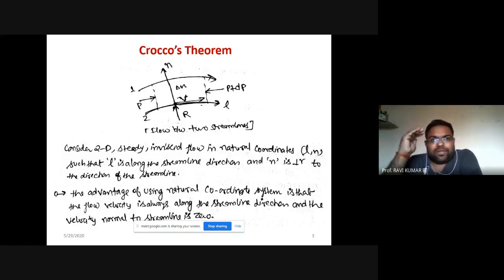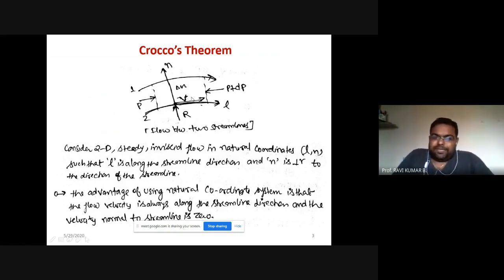So when we are talking about the flow velocity, whenever we are going to find it out, it will be found with the help of streamlines. Let us consider two streamlines between which flow is taking place. Here are the two streamlines between which a flow is happening, and I have considered a small element here. This is the small element, the dotted line showing the small element. This is cross section 1, and this is cross section 2. Pressure acting at first entry is P, and pressure acting at the outlet is P plus dP. So there is a very small infinitesimal change in pressure, due to which there is a flow.